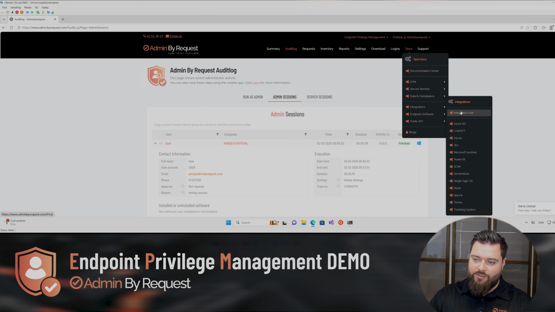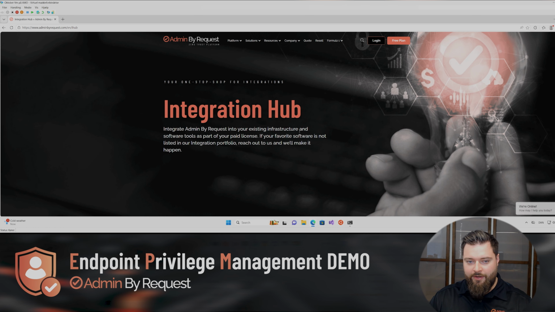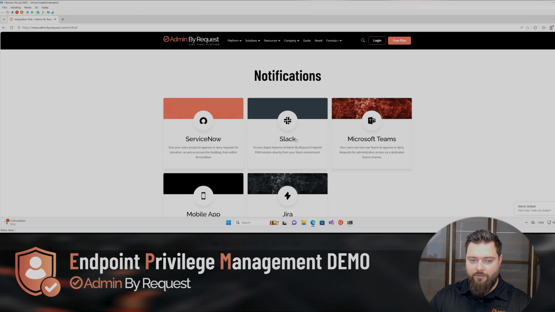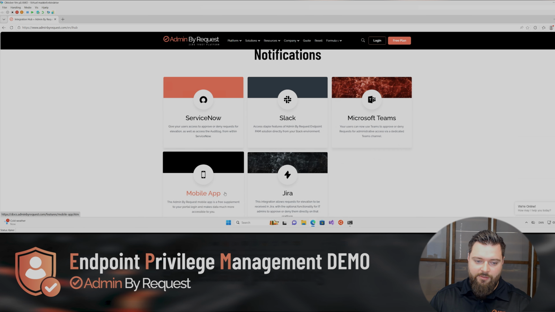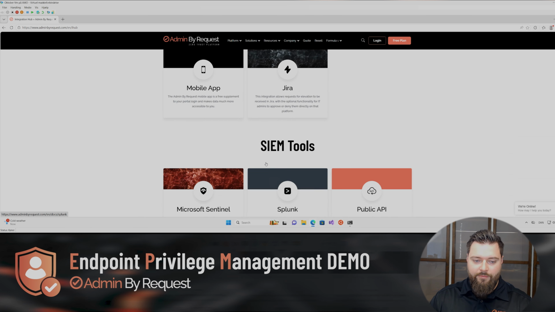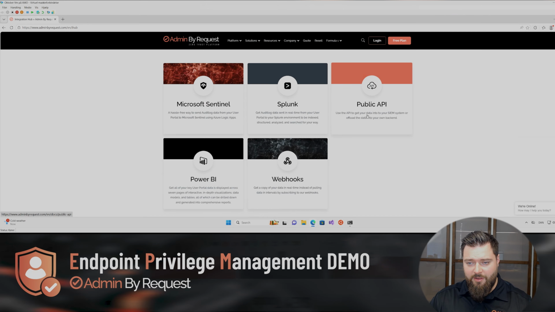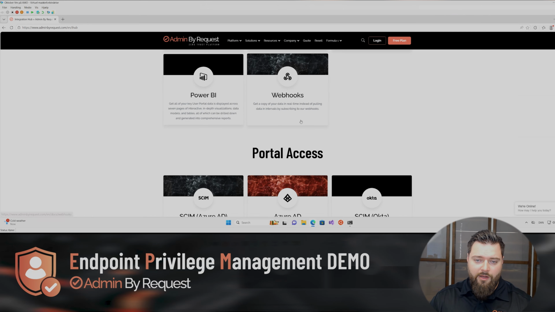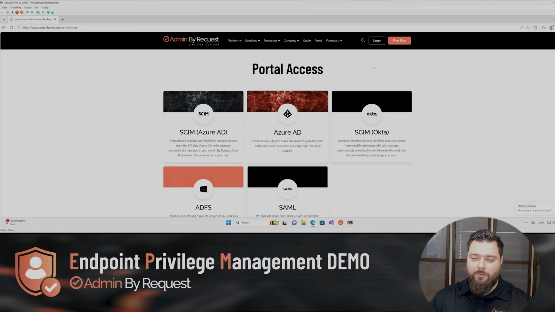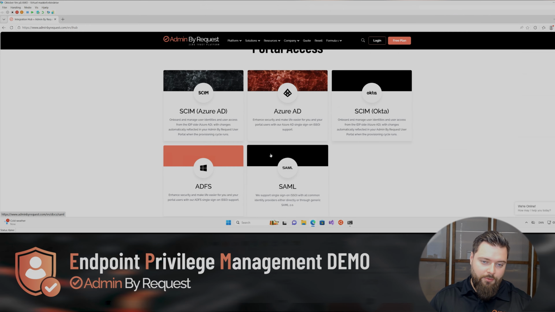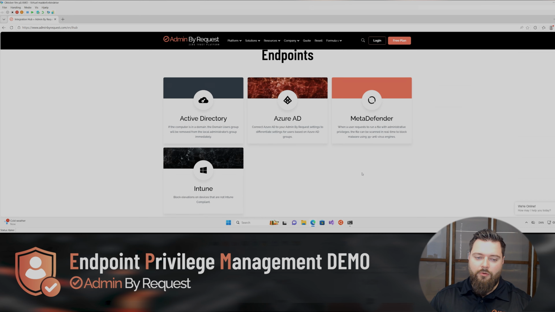So just to briefly put it out there, here you have the integration hub. The support integration that we have is for ServiceNow, Slack, Teams, mobile app, Jira, Zoom tools, Microsoft Sentinel, Splunk, Public API, Power BI, Web. You get the info, access to the portal to allow other people to approve or deny requests. You can set this up, and for the endpoints we have these